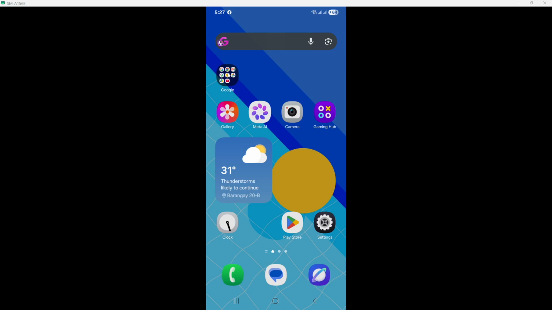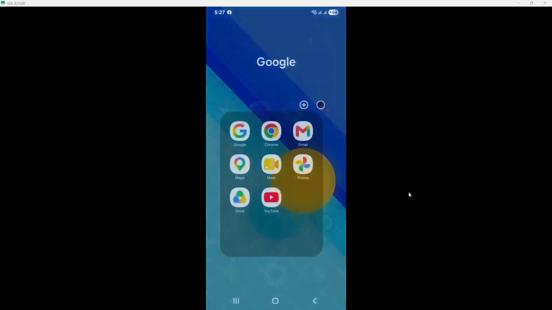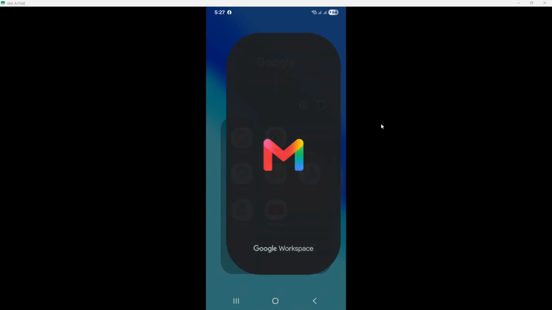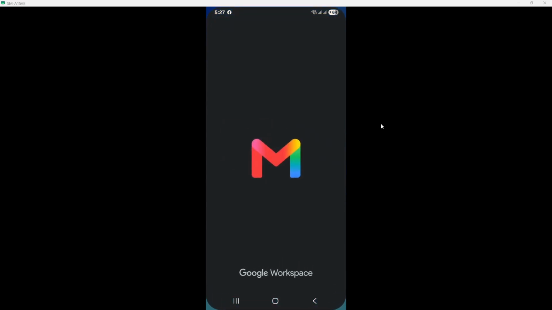First, open the Gmail app on your device. This is your gateway to accessing all your emails and settings. Once the app is open, look for the menu icon. It's represented by three horizontal lines. Tap on it to reveal more options. This menu is your main navigation tool within the app. It helps you quickly access different settings and folders.